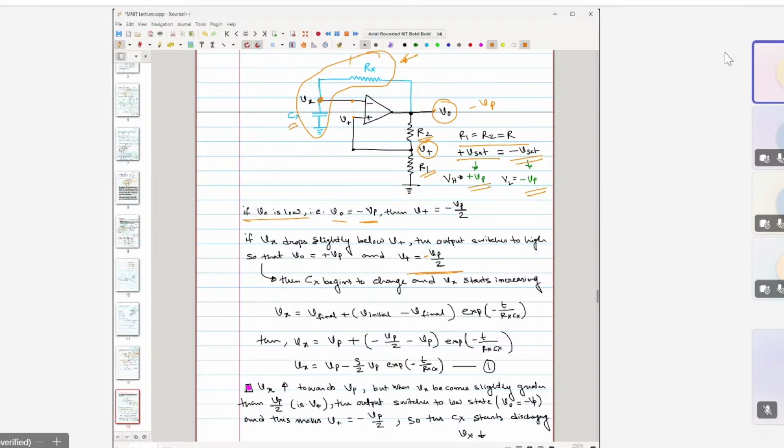As this output voltage is equal to minus Vp, that means minus Vp would try to be induced across this Cx capacitor. So if initially this voltage was 0, then the Vx potential would start changing. Cx begins to charge, so that means Vx starts